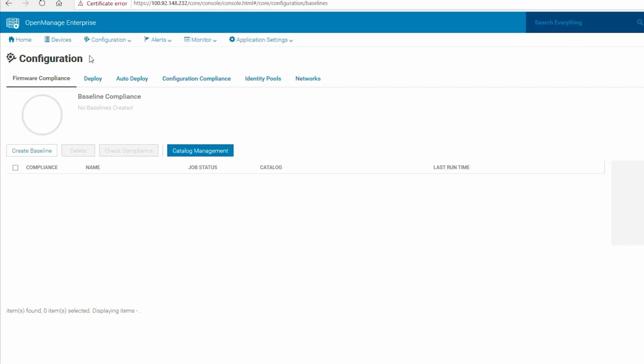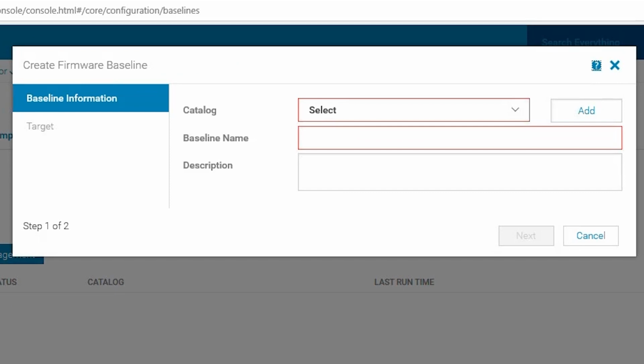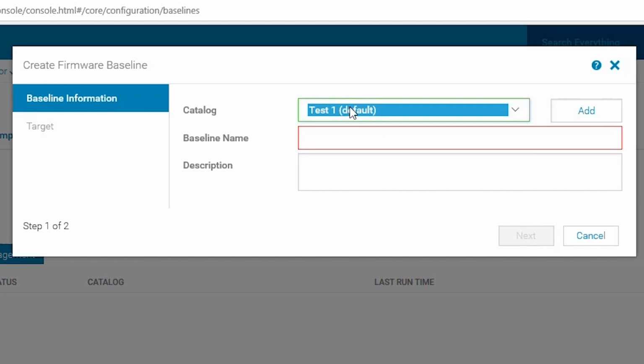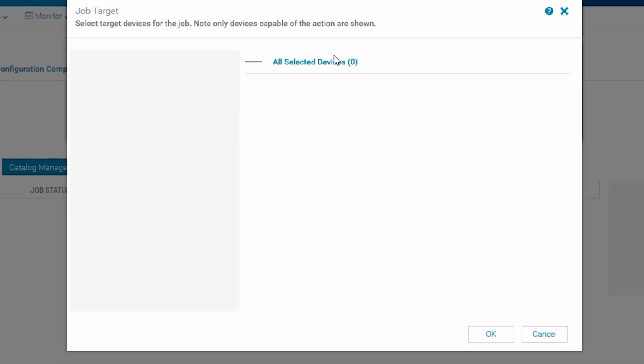Now that we have our catalogs, let's go create a baseline. First, let's click Create Baseline. We'll come up and choose our catalog. I'm going to choose the first one, which is the Dell default. We'll name our baseline and then choose Next. Now we need to select our devices.